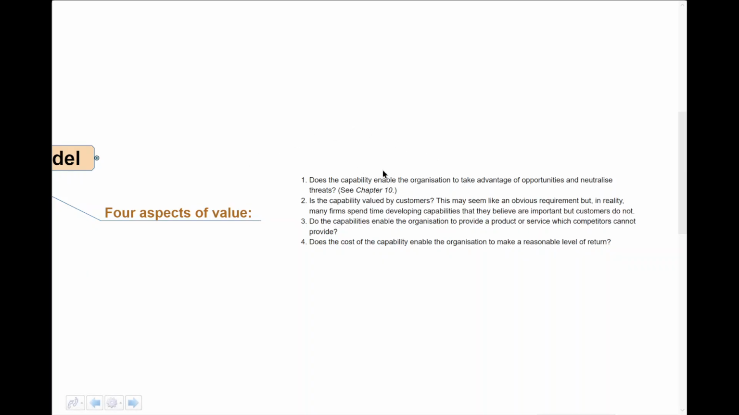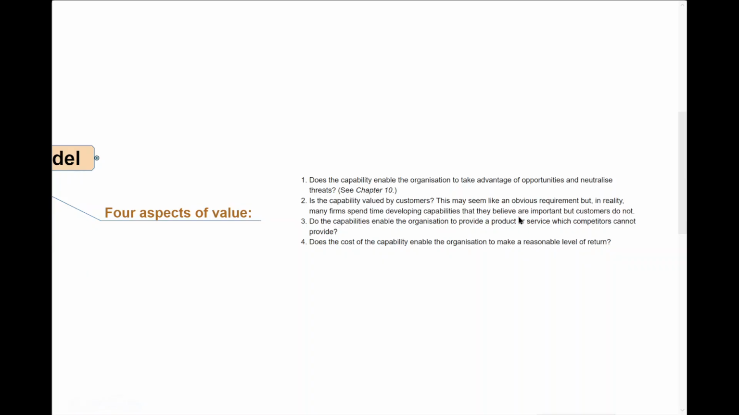Does the particular capability enable the organization to take advantage of opportunities and neutralize threats? Really, it's a yes or no. Is this capability valued by customers? Let's ask customers. It seems like an obvious requirement, but sometimes we see firms developing capabilities they believe are important, but because they haven't consulted or surveyed, or don't understand their customer well enough, actually the customers don't